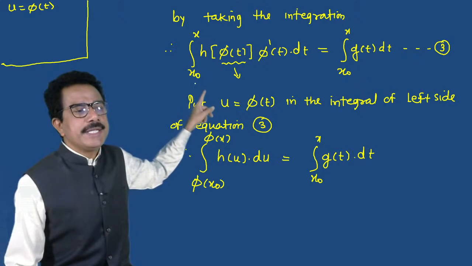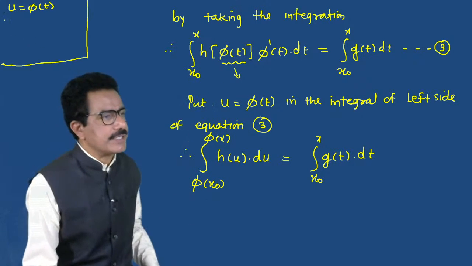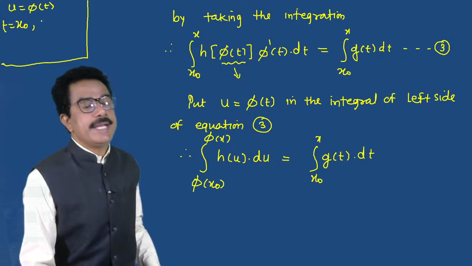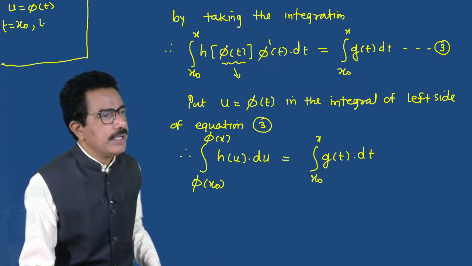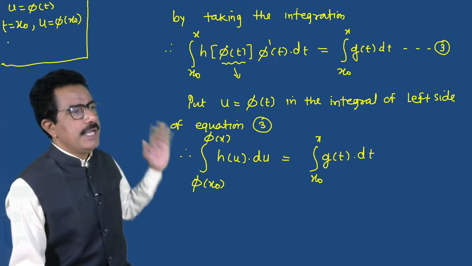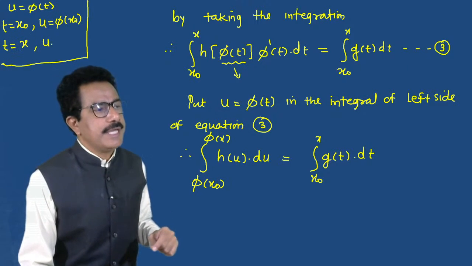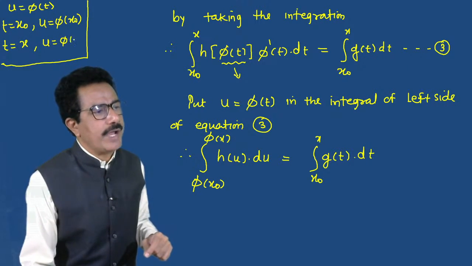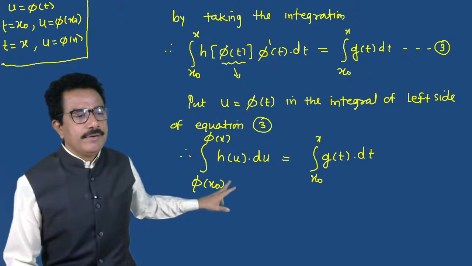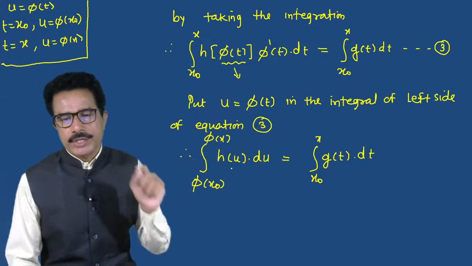For the lower limit, t equals x naught, so u is phi of x naught, and for the upper limit t equals x, so u is phi of x. So we get the new limits phi of x naught to phi of x, h of u into du,